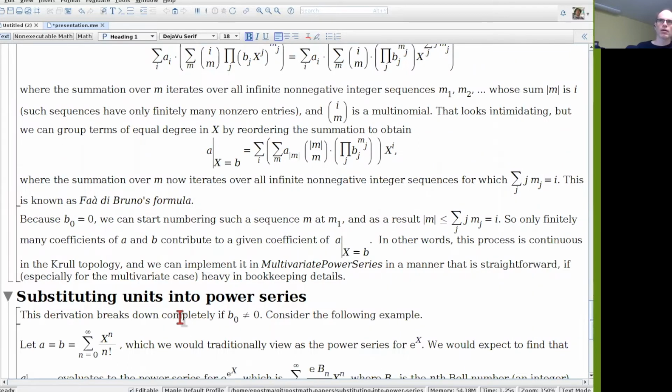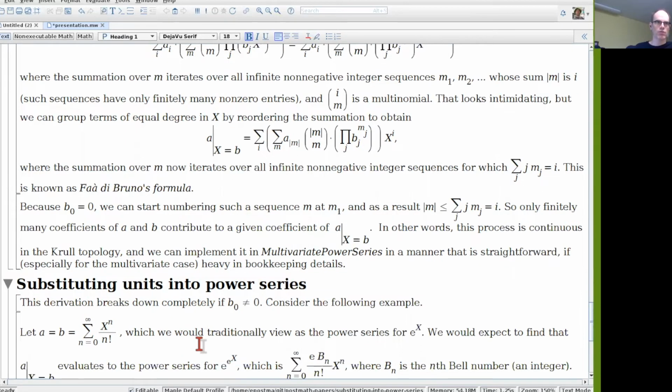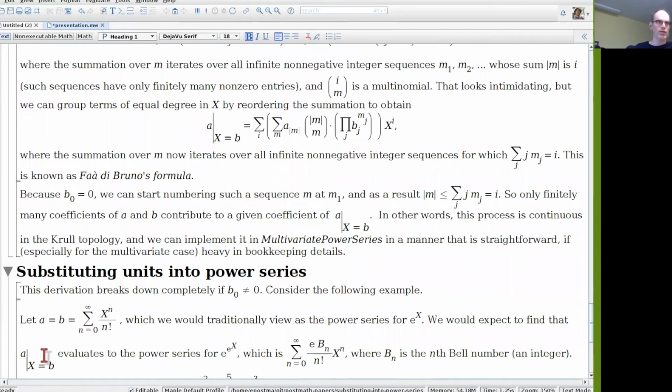So let's look at an example to illustrate this. If we have this power series, x to the n over n factorial, which we would traditionally view, of course, as the power series for e to the x, and we substitute x equals b into a, we would expect to find basically the power series for e to the power e to the x,